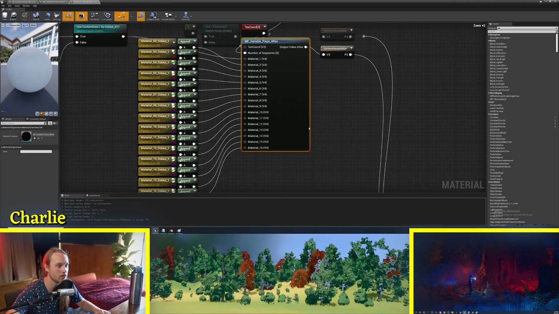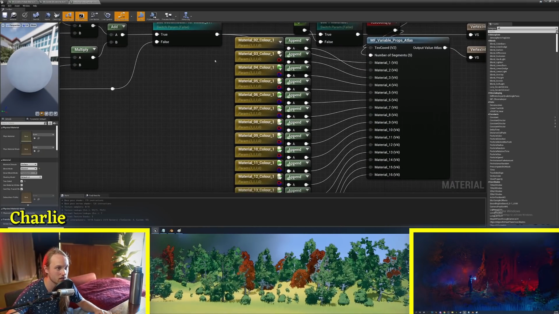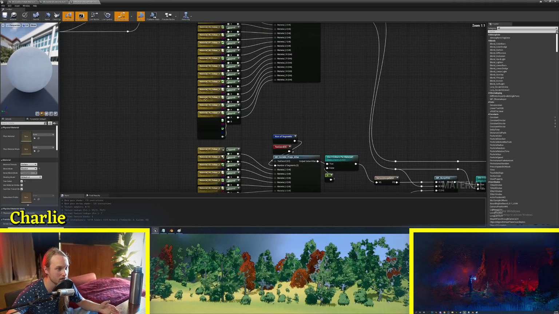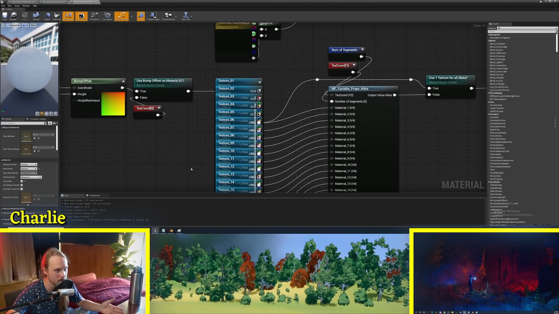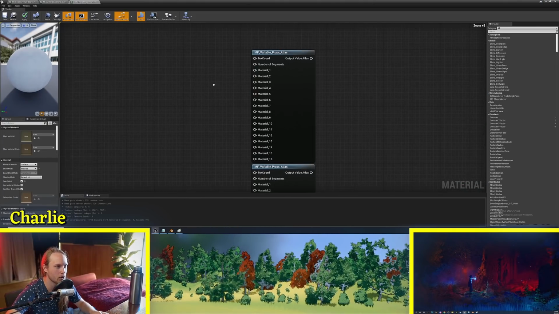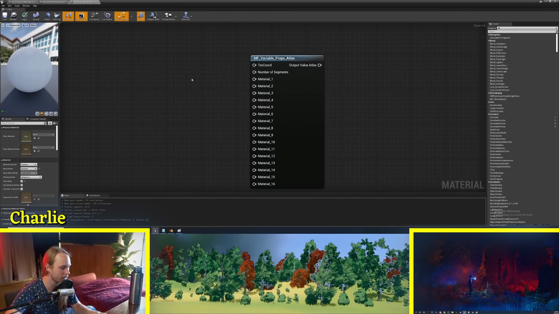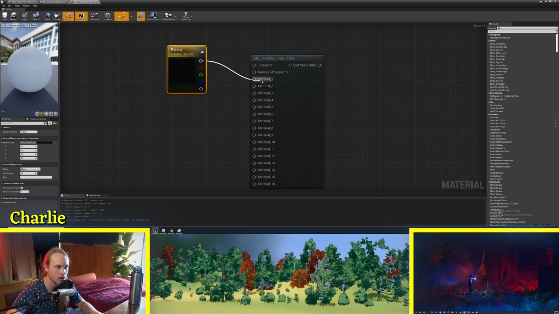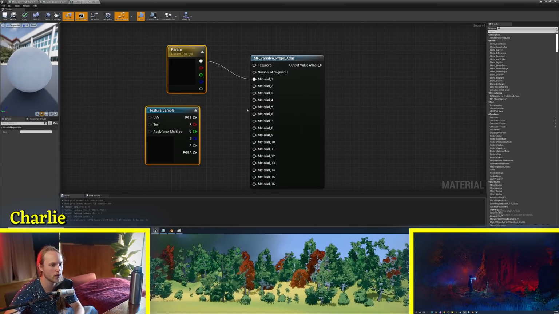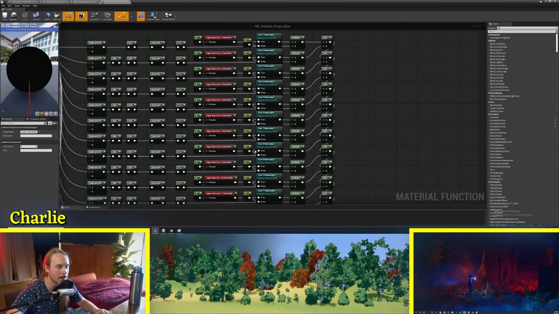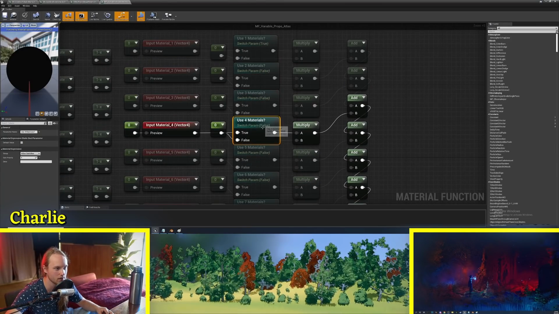But essentially then all you do is just set up your parameters. These could be textures, or they could just be colors like I use in my game. Or down here they're normal maps, which are just textures again. So you just set up your vector parameters, plug them in, do your thing. Maybe they're texture parameters. You plug them in. And then inside this, there are switches that say use material slot 1, use 2, 3, 4, 5,